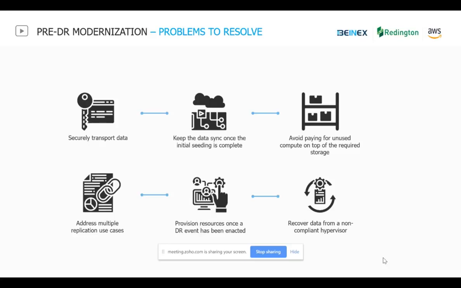So all these Hyper-Vs or ESXis should be taken into account when you plan about the DR migration. The migration should be supporting replication or data synchronization on any sort of hypervisor platform. So these are some of the overall problems that you need to resolve before thinking about DR modernization. And over the next slide, we'll show you how easy it is to resolve all these problems in AWS.